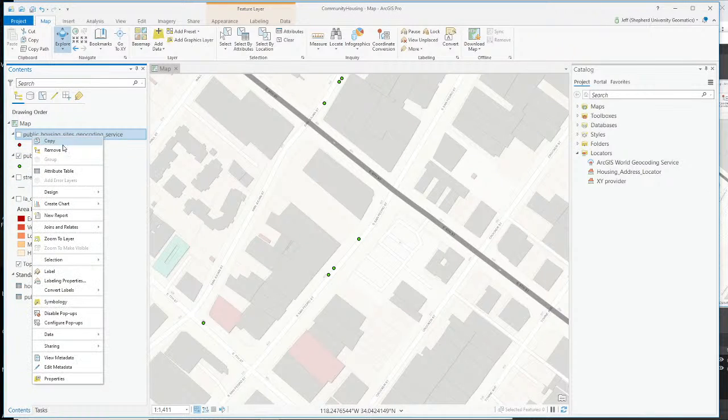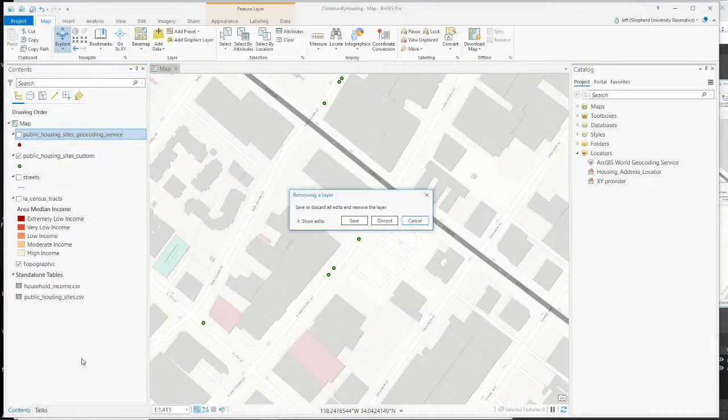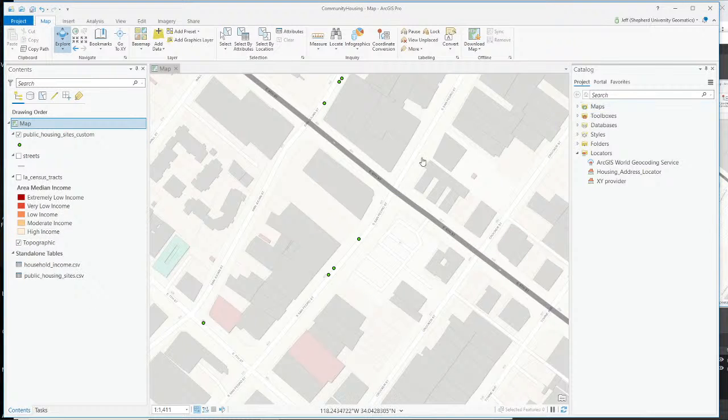All right, so I'm going to take this one off our map, the one we did with the geocoding service. And I'll save it before getting rid of it. Okay. So let's move on. Okay. So let's say that the next thing that we're asked to do in this activity is to